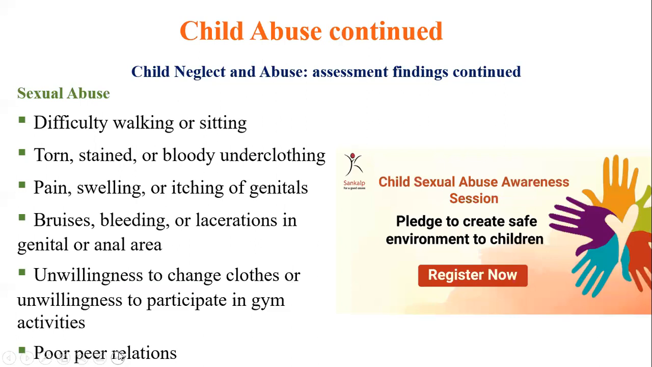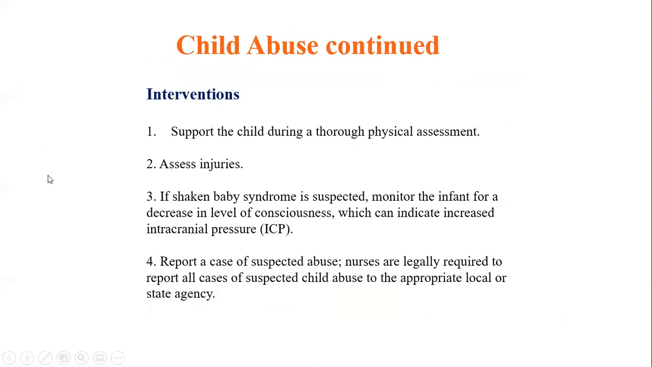Children may have difficulty walking or sitting, and they exhibit strange or advanced sexual behavior or understanding for their age. Sexually transmitted disease or sexually transmitted infection and frequent urinary tract infections are more common. Also, new onset of nocturnal enuresis, which means frequency of urine at night time or bed wetting, is a sign of sexual abuse in children. So if we get any patient like this, what should be our